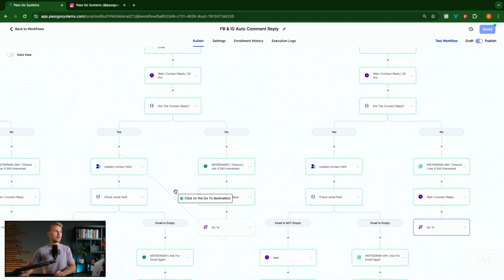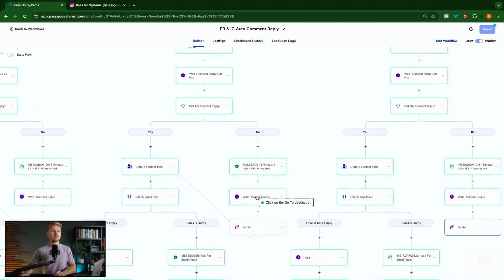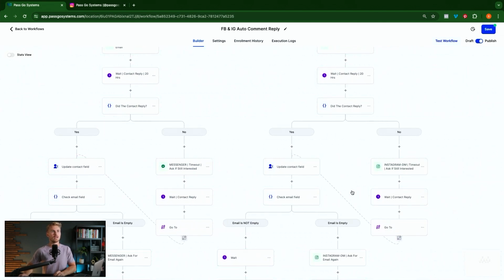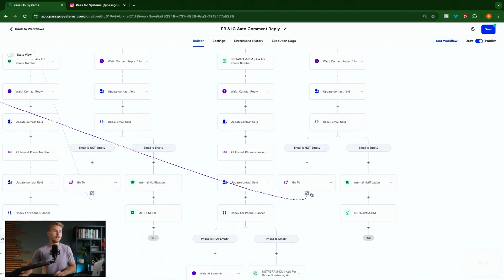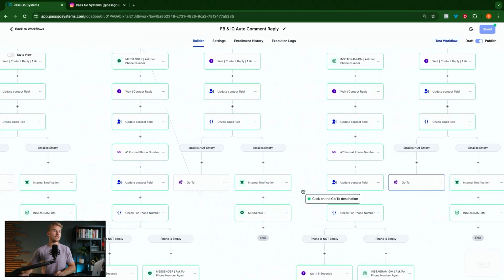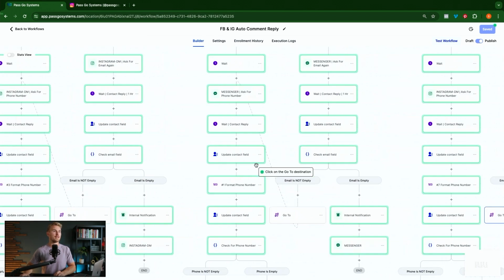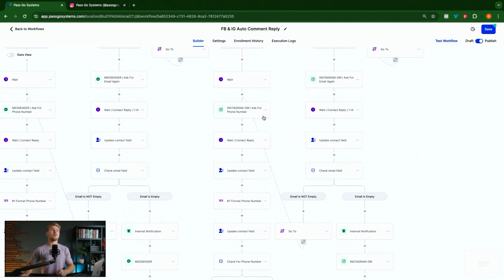And so we just come over here and we see that this first go-to function is going to the update contact field down the yes branch. So we would do that for this same one. So update contact field, and you just go and do that for every single one of these go-to functions. You click the disconnect, you go and find where it's headed on this branch, and this one's up at Instagram DM. And so then you would come up here and do Instagram DM, and you would want to go and